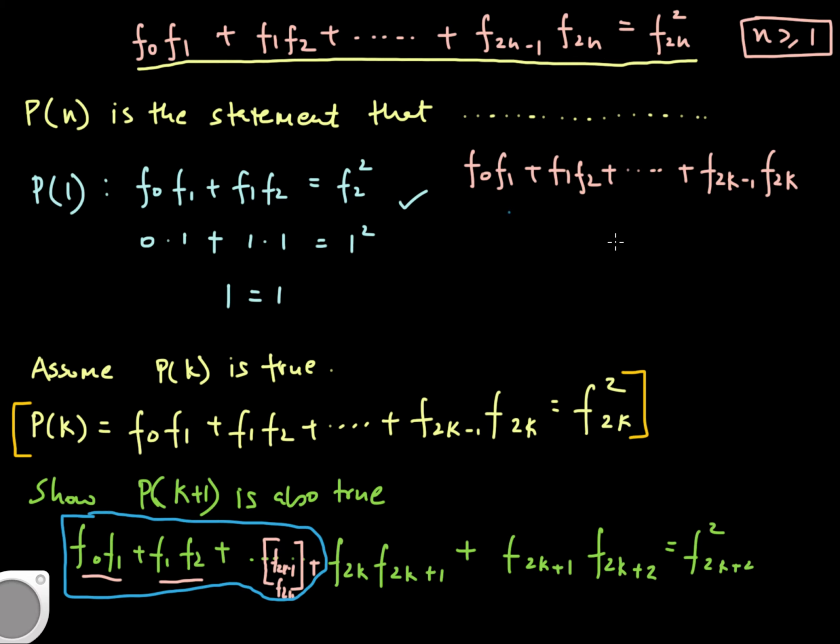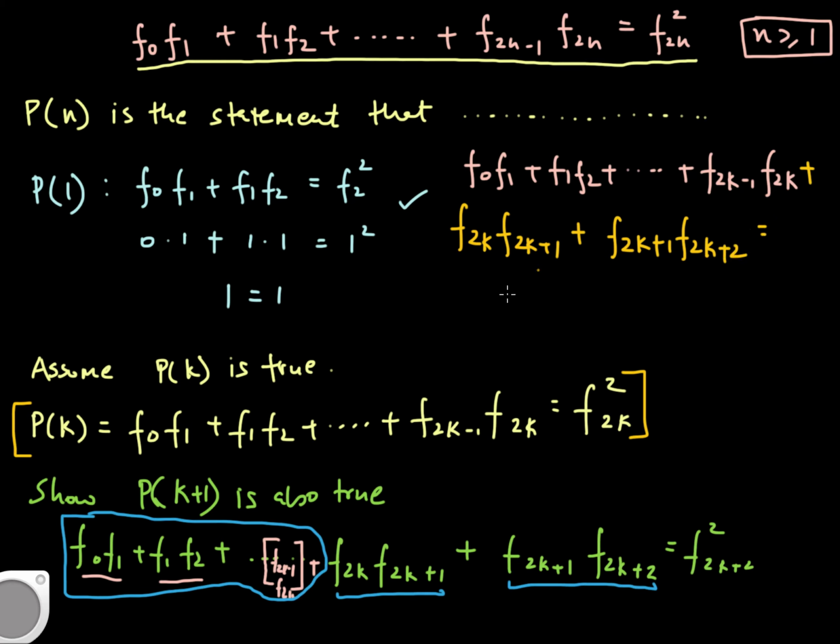Now on this pink, if I were to add this term and this term over here, then everything in pink will be equal to the left-hand side of the green expression. So let's do that. Let's take everything in pink over here, and I'm just going to add to this. On the left-hand side I'm going to add f of 2k plus 1, which is this piece over here, plus f of 2k plus 1 times f of 2k plus 2,